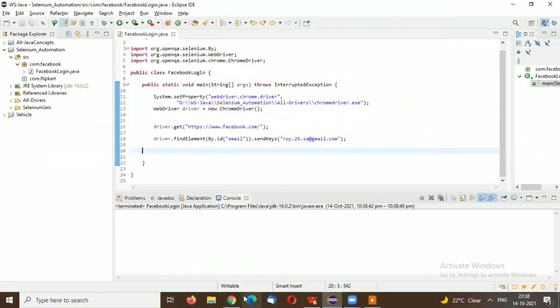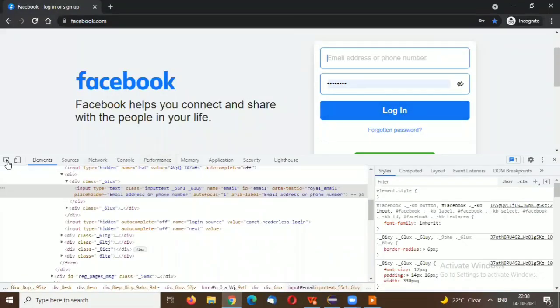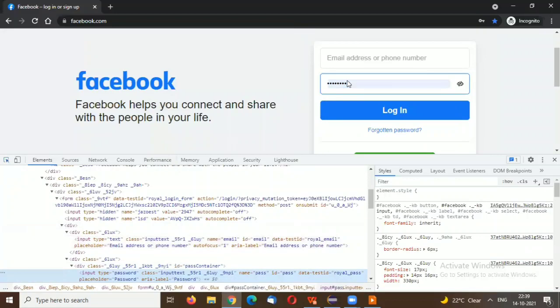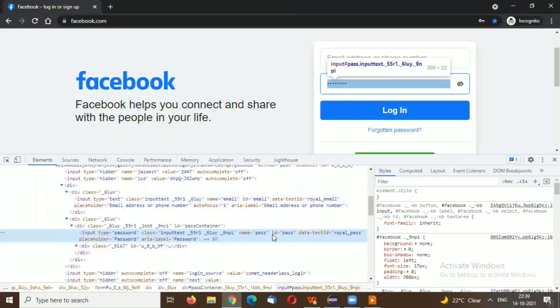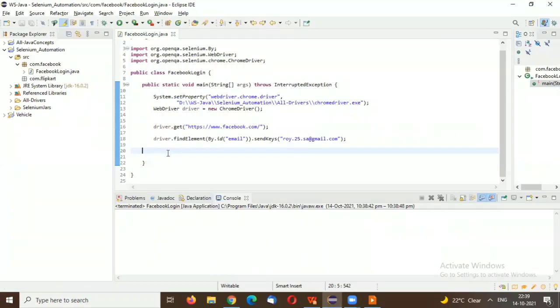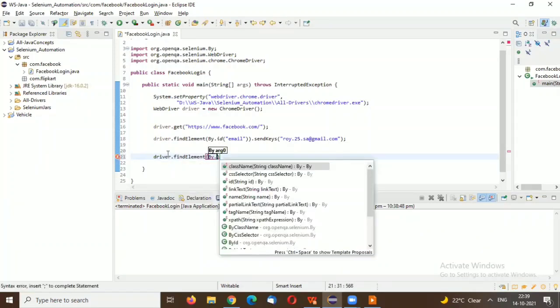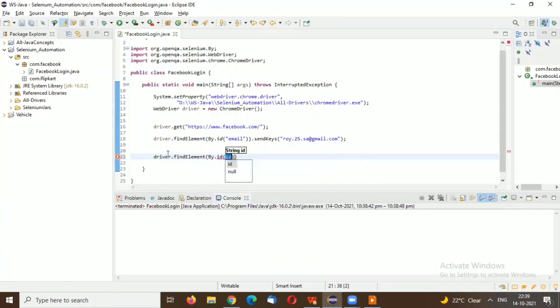For the password also we need to do the same thing. For the password field, the ID is pass, right? So the same thing we need to do here: driver.findElement(By.id) and the ID is pass.